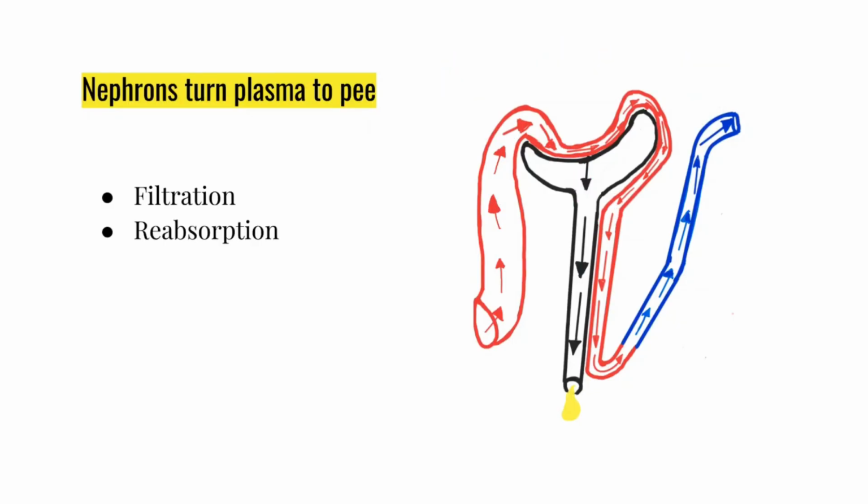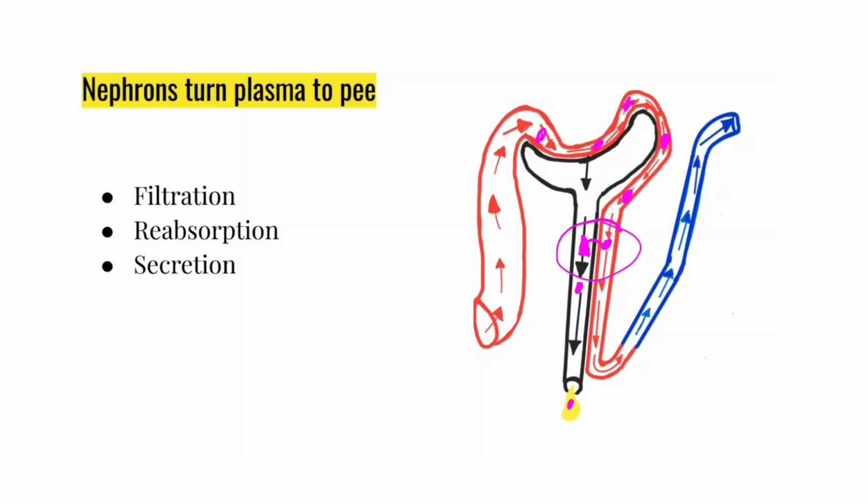Finally, in addition, we also have to sometimes really secrete things. So there are some things, the waste products, that maybe they make it past the entrance to this tube. And we'll come back and talk about the anatomy of this tube later. But we really do want to get rid of these things. And so we do a process called secretion, which is highlighted here, where we take it from the blood and add it into the tube to get rid of even more of it so that we can get rid of these wastes in the urine. So that is the process of secretion.